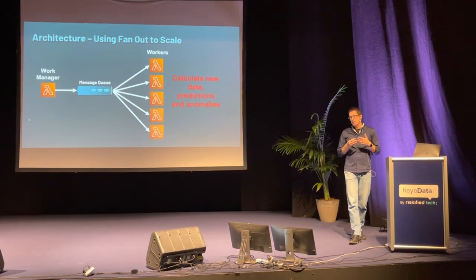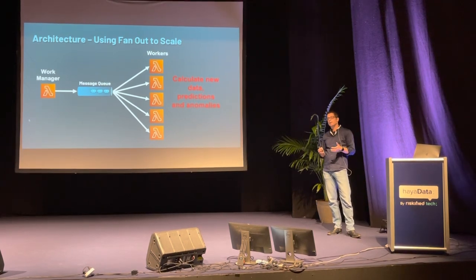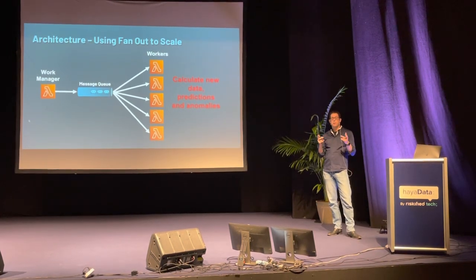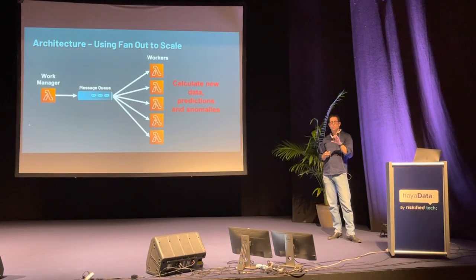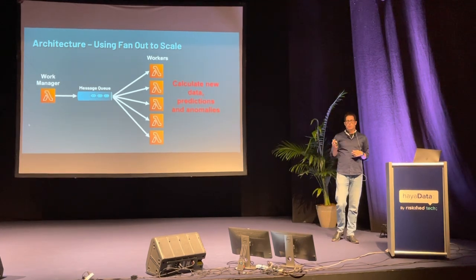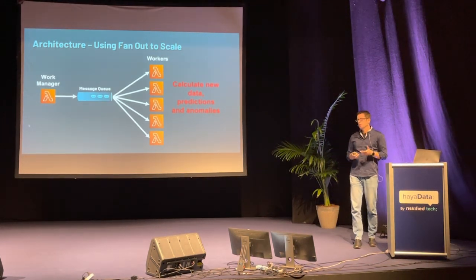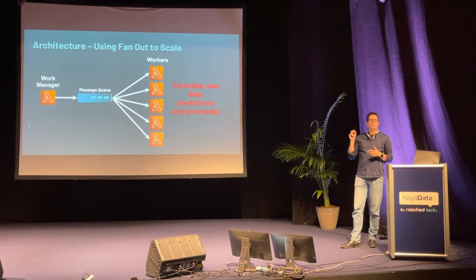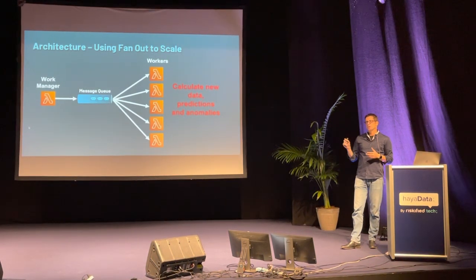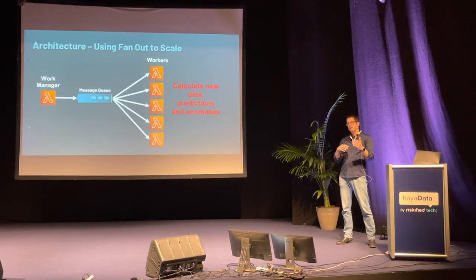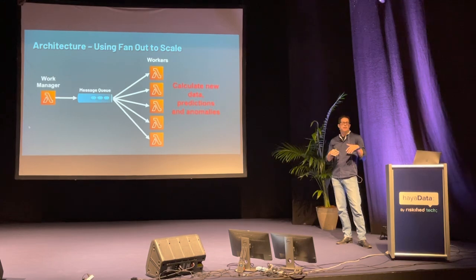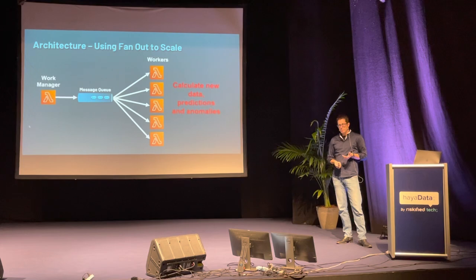So first, we have a Lambda work manager that wakes up periodically, checks what needs to get processed. Remember, we want to do this lazily. And it creates messages on a queue that tells the workers what to do. The queue is AWS SQS, Simple Queue Service, that we use, and it invokes the Lambda workers every time there's a message. The workers calculate new data if there's some pre-processing on the data. They run the models and the predictions, calculate anomalies, and save the data back.